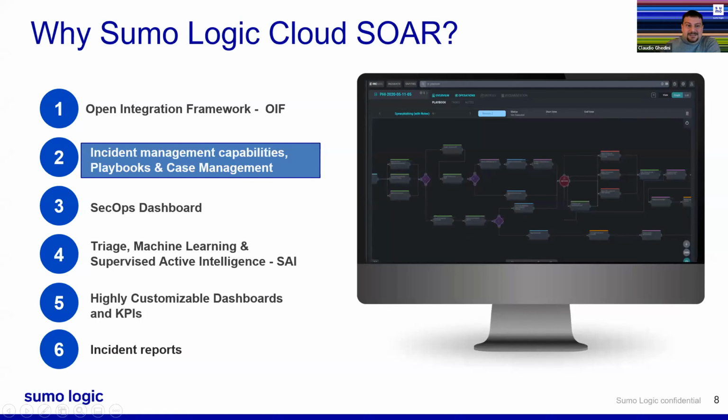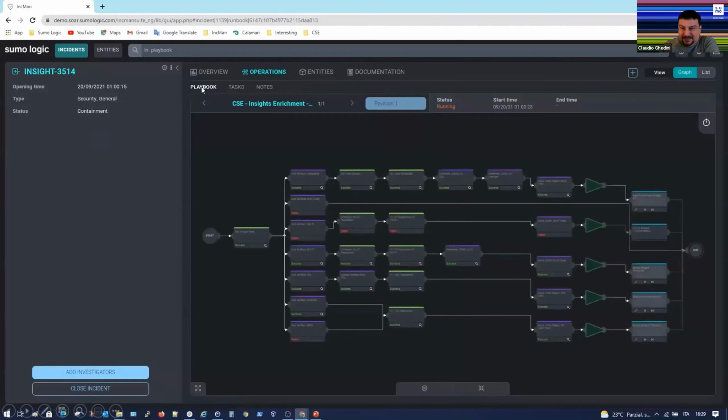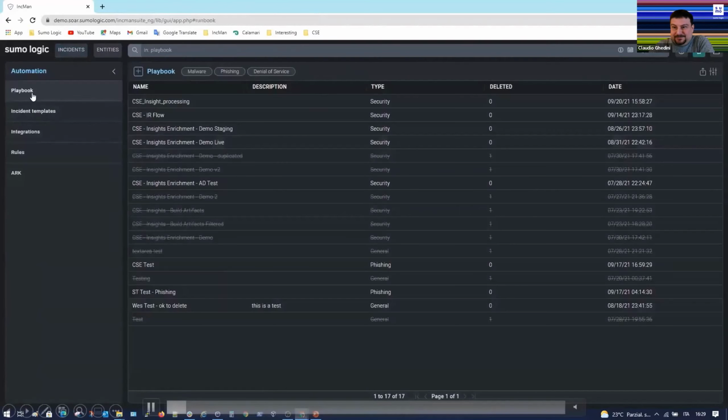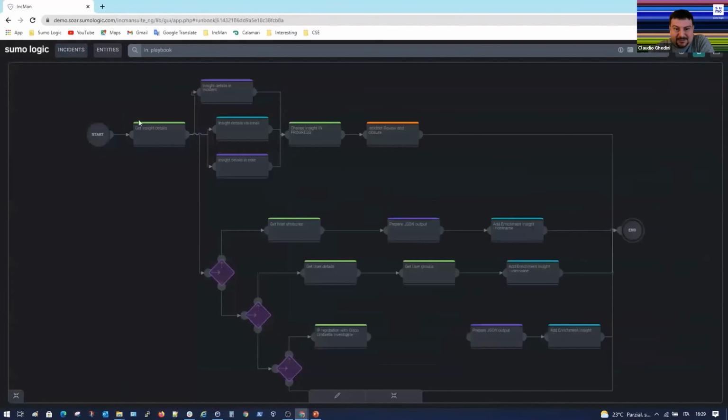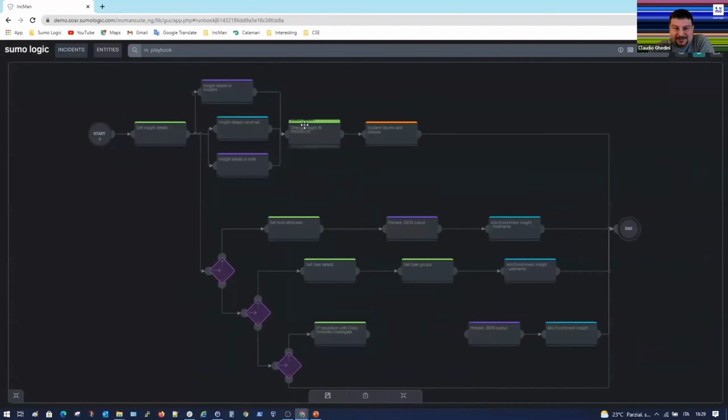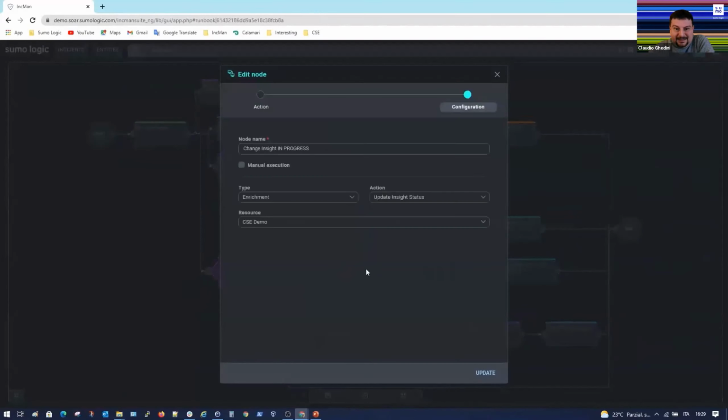The second point is the incident management capability, the playbooks, and case management function of the platform. So going back here, this is an example of a playbook used to analyze this specific incident, but you can have many different playbooks here. In the playbook section you can see the different playbooks, and editing is all graphical. So you can, for example, move all the boxes around, editing the